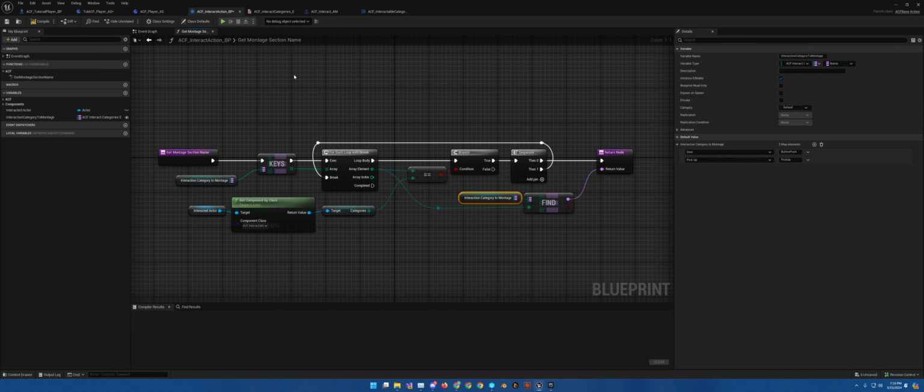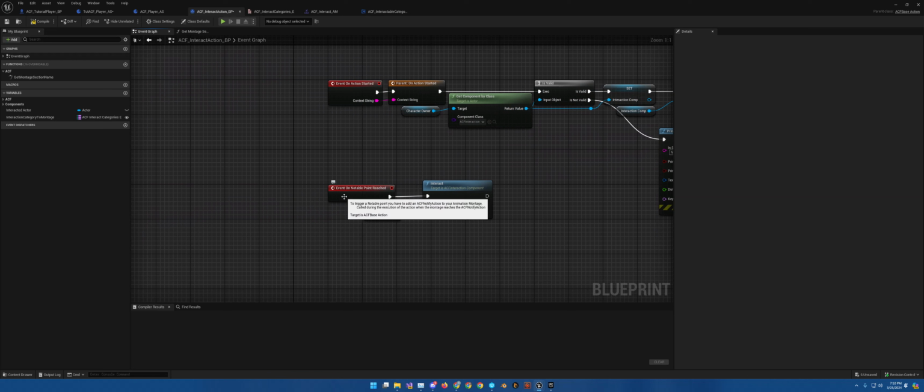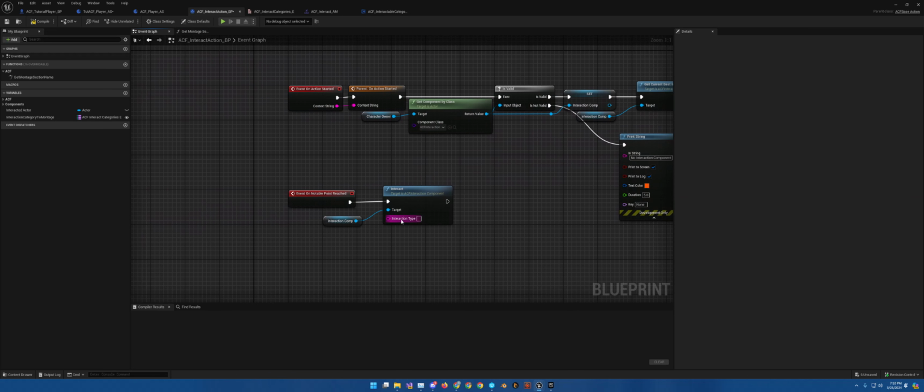The final thing we need to do is back in the event graph. Event on notable point reached. You're going to get your interaction component and do interact. Fantastic. Now that we have this set up,